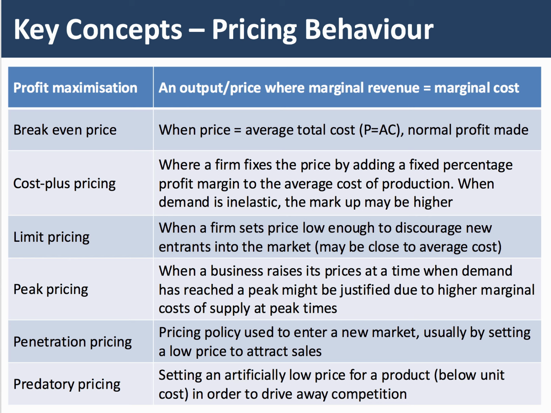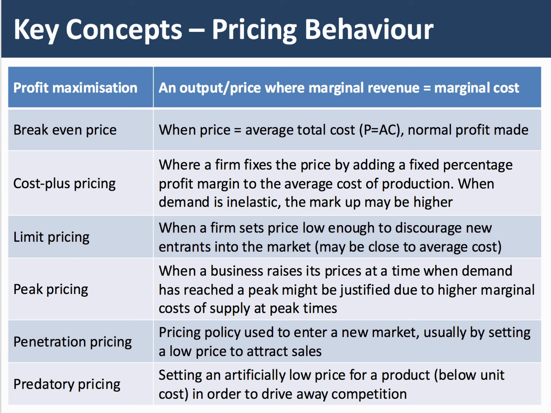Limit pricing is not illegal, but limit pricing is when a firm or a business sets the price low enough to possibly discourage new entrants into the market. And that limit price is often quite close to average cost. So a firm may move from profit maximisation to limit pricing, be prepared to sacrifice some profits in the short term, in other words make close to a normal profit, but hopefully go back to higher levels of price and